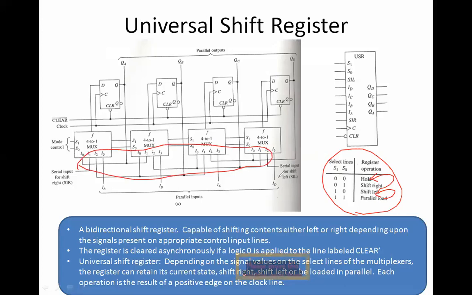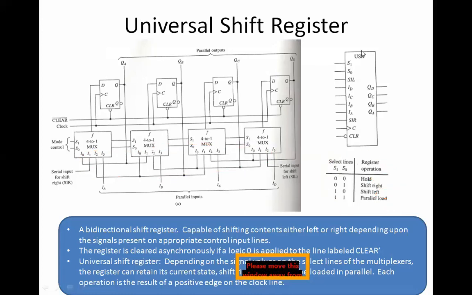Once this is fine, it's going to be easy for us to understand how these loops are created and how these loops are connected. So I hope we are clear till this point, that is what we had discussed so far. And this is going to be your standard format, or I can say it is going to be your IC form of universal shift register,